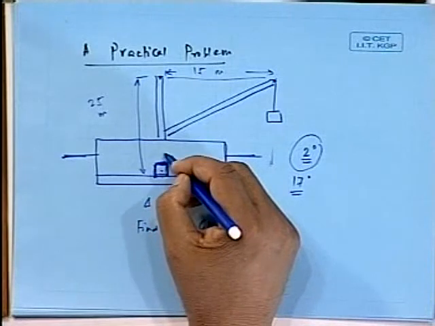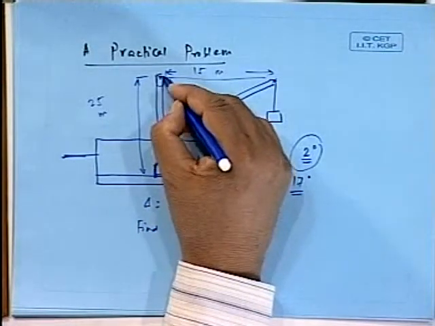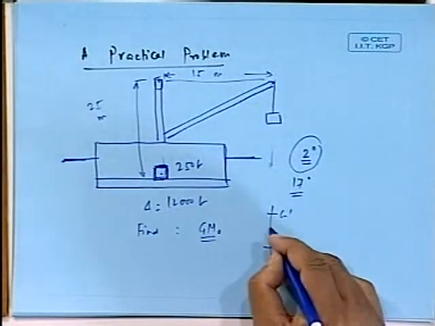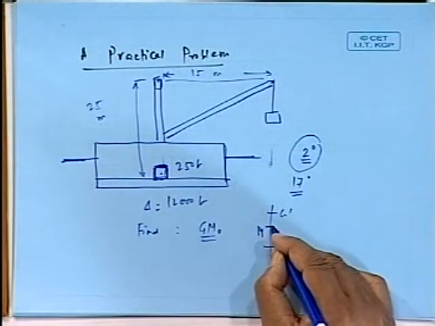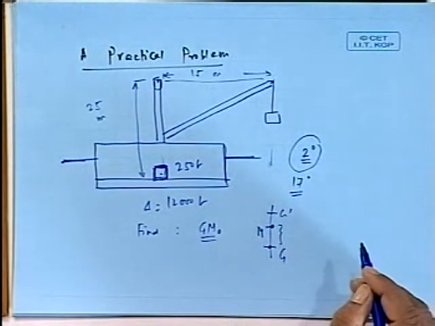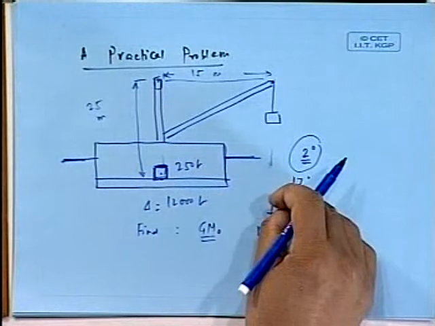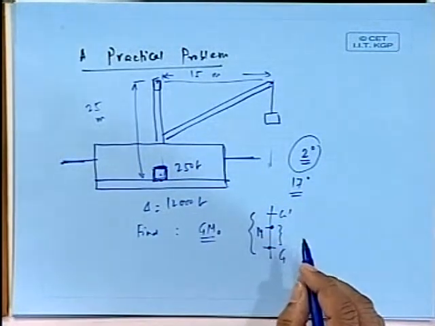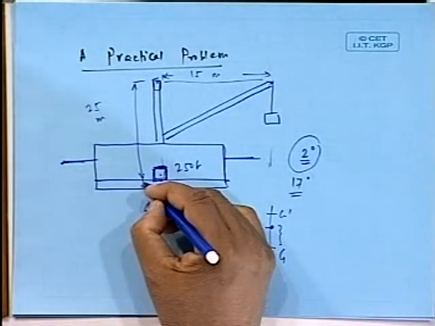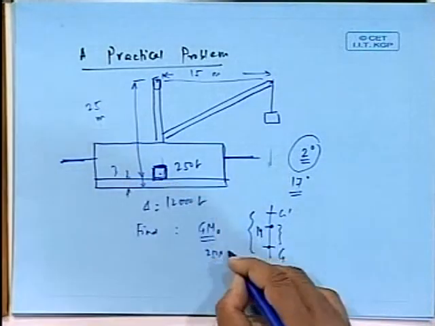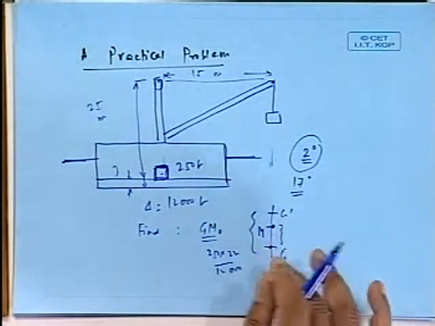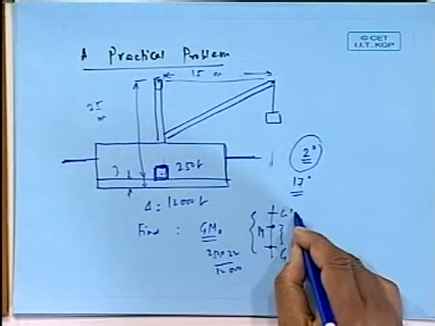The moment you have shifted it up, what happened? The weight acts through this, and so there is a raise of G. You have got this G originally here, it has got raised to G dash. Let us say initial G was here, initial M was here, that is the original GM. The moment you have touched it, G has gone up this much distance. This much distance is given by 250 into this distance 3, sorry, this is 25 and this is 3, so 250 into 22 divided by 12,000, something like that. It has gone up by that much.